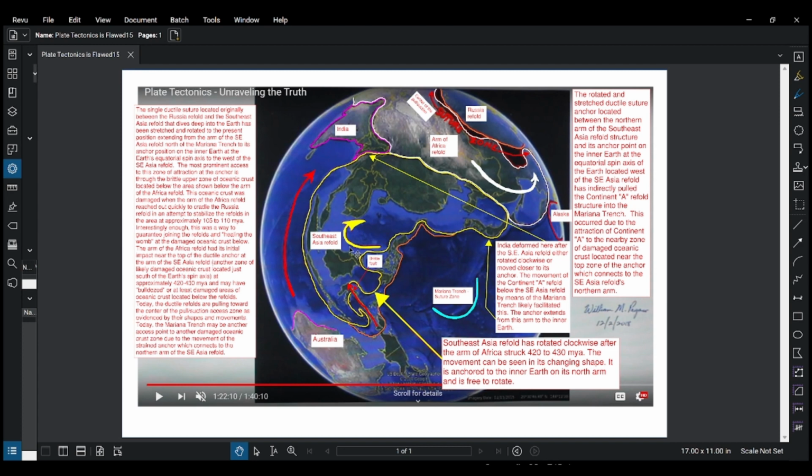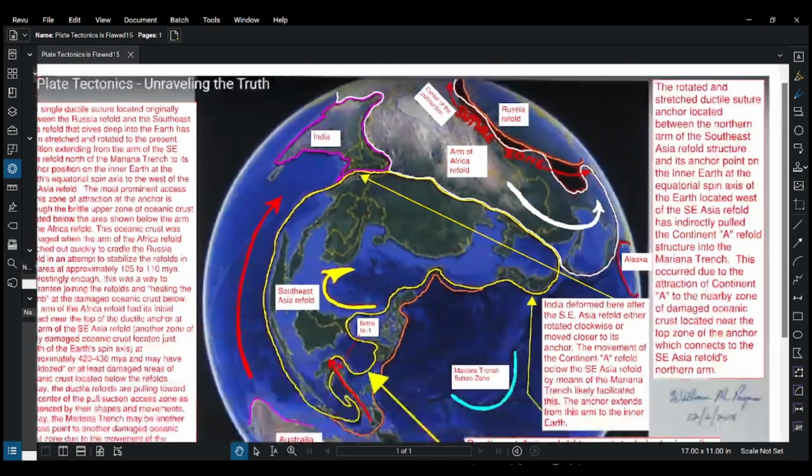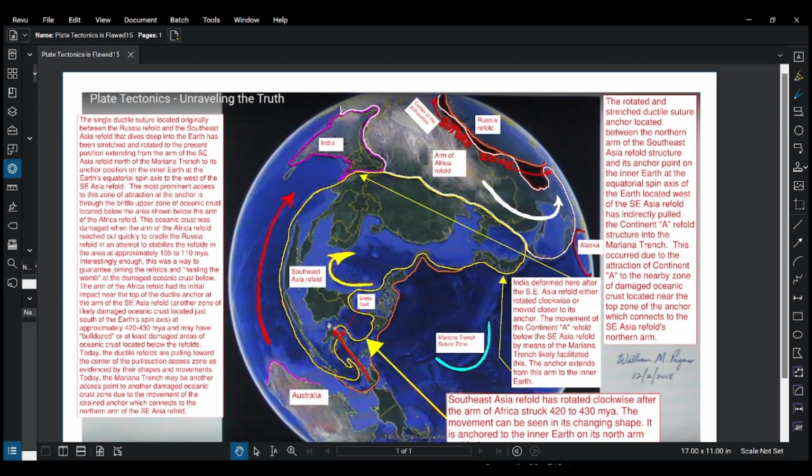that was when this was rotating clockwise, the Southeast Asia refold, when this arm was moving out this way, left to right, and extending. Okay, so it stuck to it, so it got pulled with it from left to right here, and then rotated clockwise. And in the process, it deformed India, which was out here more, and then it smushed up like that. And also, as I said, this whole refold is now encroached on the area of,